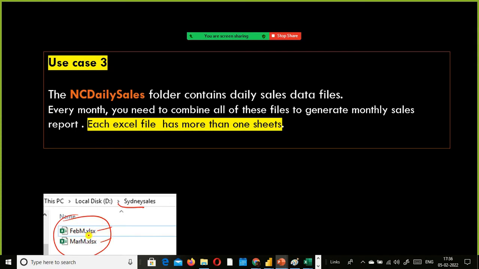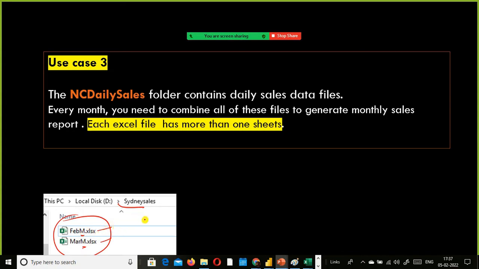Now in these files, when you see the suffix m, I shared the data files to you all. These files have subsheets in them. We combine these two files including these subsheets, and then we apply the necessary transformations on these two files.